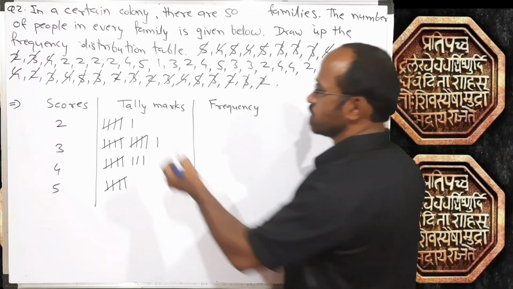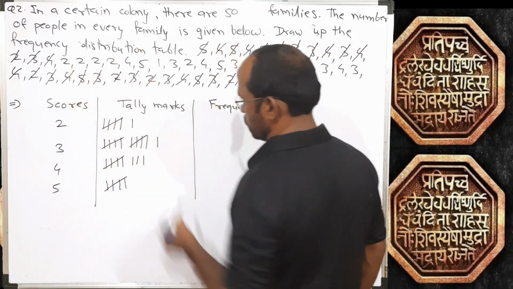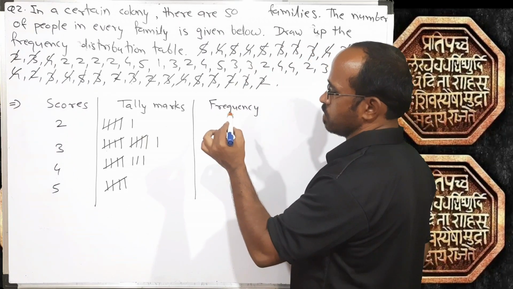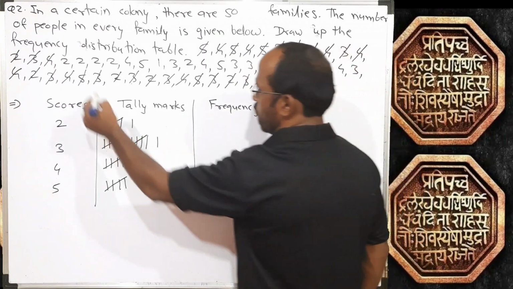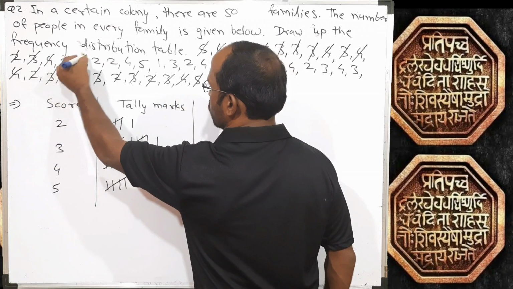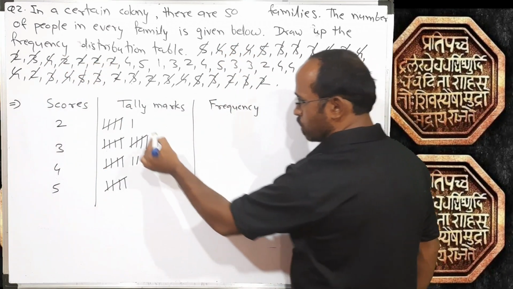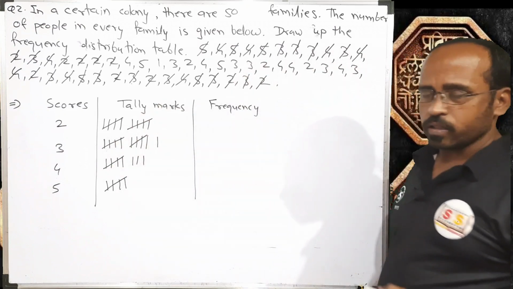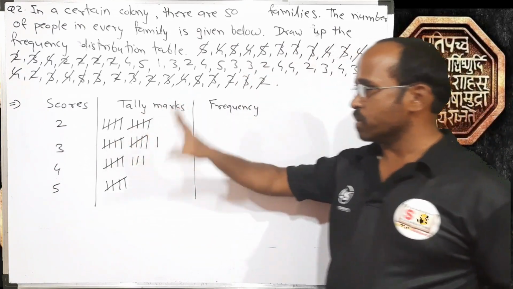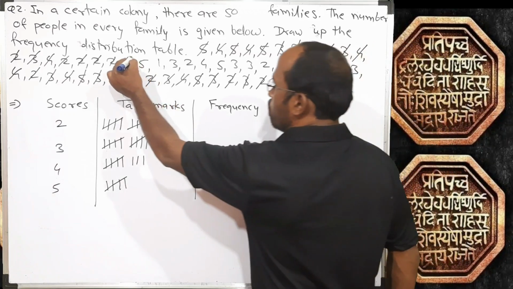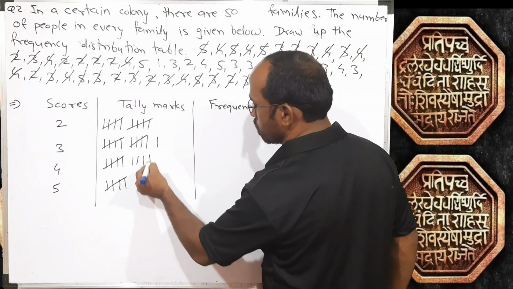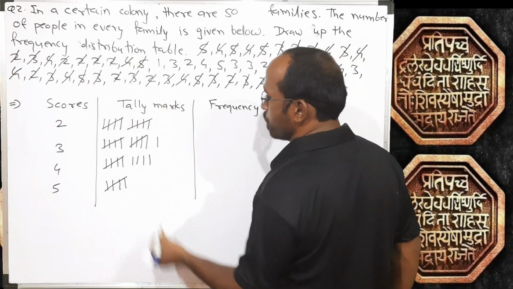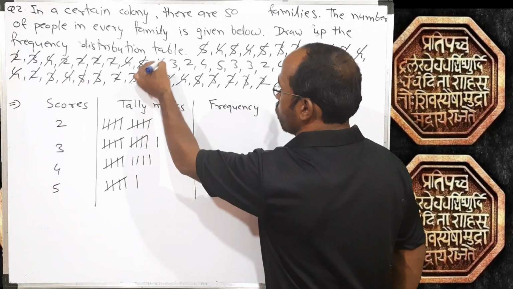Okay. Now next is 1, 2, 3, 4 tally marks in the 2's column. So I will cut here 4 times 2. 1, 2, 3, 4. I have to draw 4 lines. 1, 2, 3, 4. Got it? 1 was already there, so it is a bunch of 5. 4, 4, 5, 5, 1.